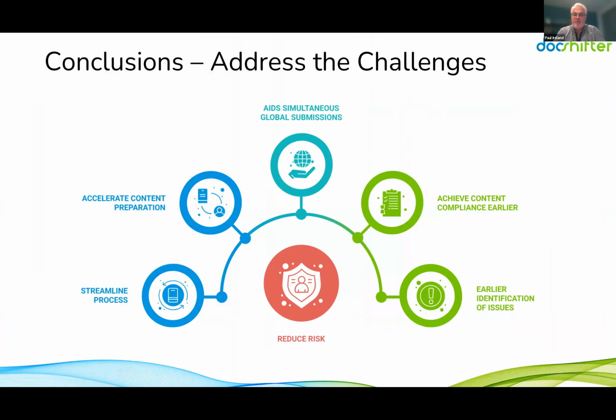So with that, just to conclude very briefly, everything here really is to help reduce risk in the process and speed up the entire process as well. Really streamlining the process, automating as much as you can to accelerate the content preparation steps that you have to go through. A lot of that can help with simultaneous global submissions, if that's the goal, by simultaneously creating output rather than creating one and then manually having to create the others. Obviously, a big thing is being able to achieve content compliance earlier,